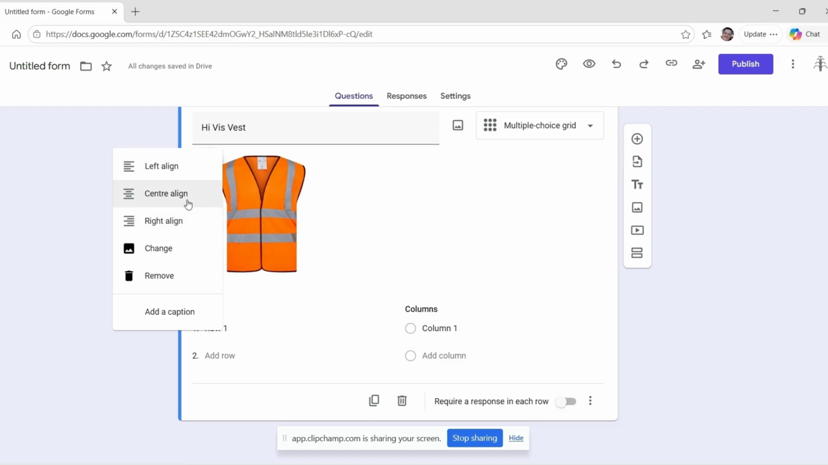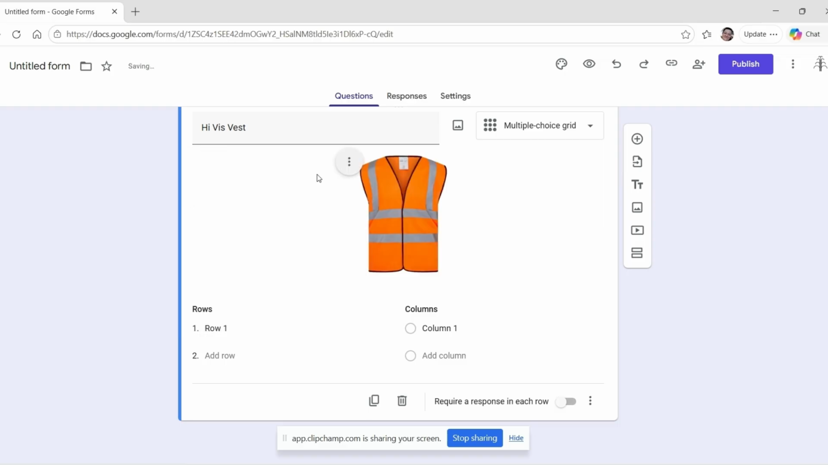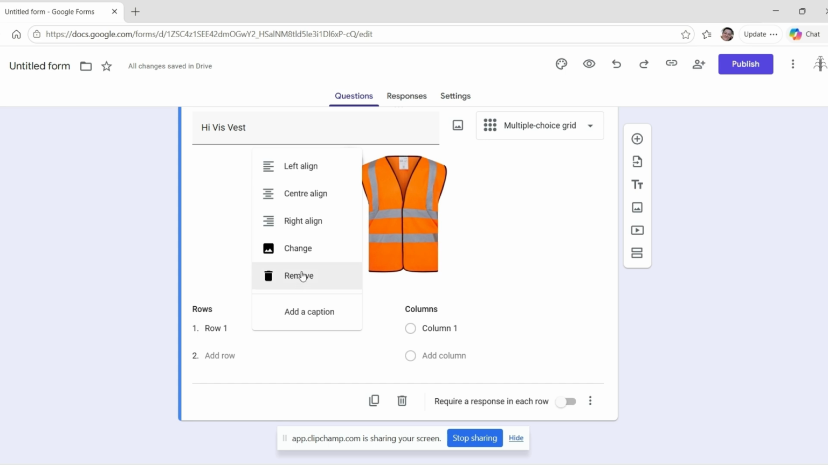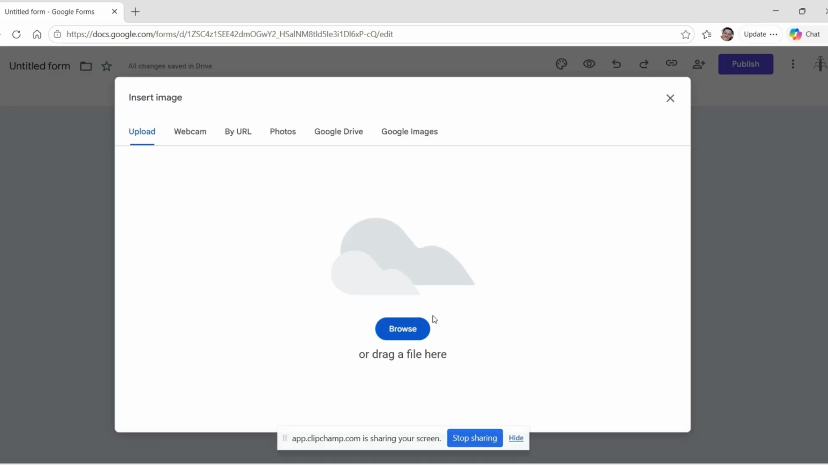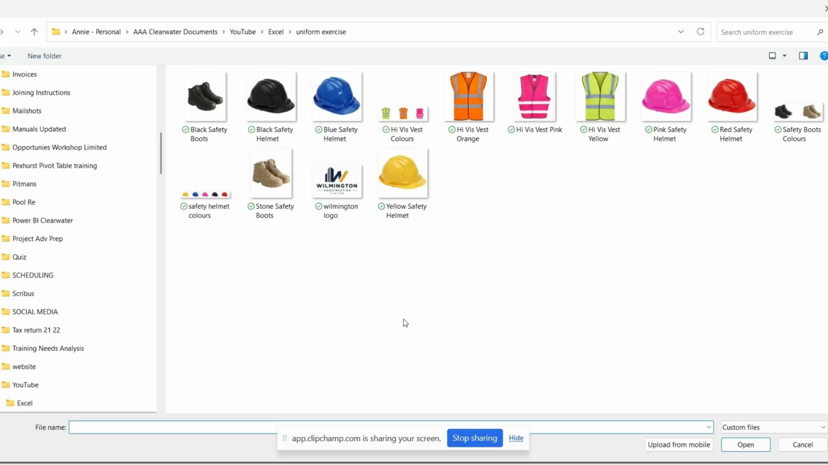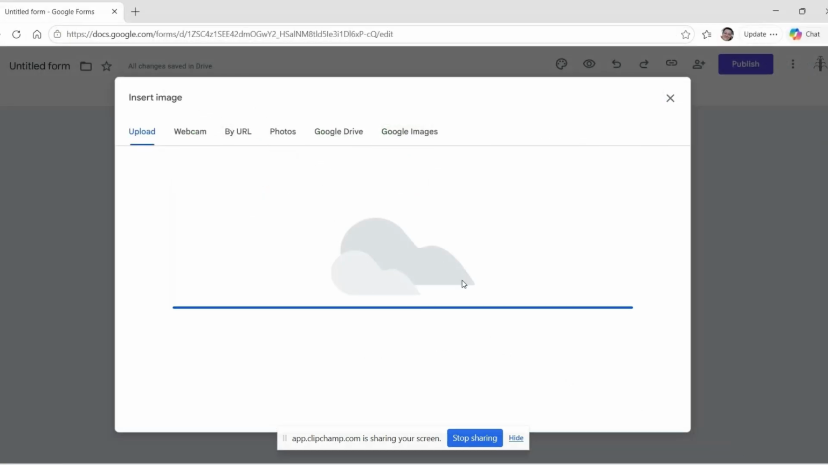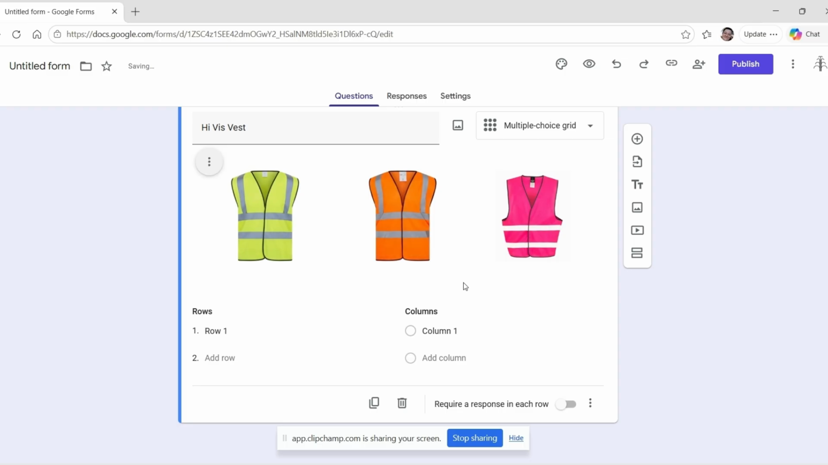So if I wanted it to be centered in the middle of my question, and actually what I could do, because it comes in several colors, I could have this image with all 3 colors available. So what I'll do actually is I'll choose that option called change, and I will browse for one that I prepared earlier that has got all 3 colors in it. And I think that'll look better actually, because then I can say